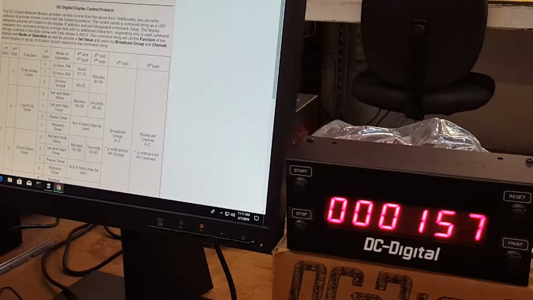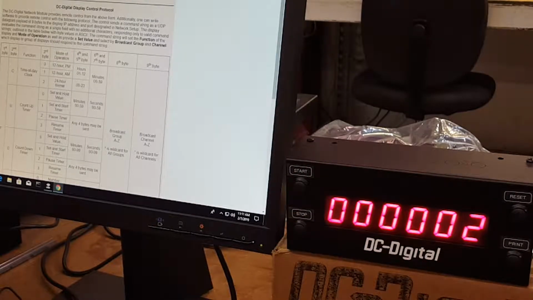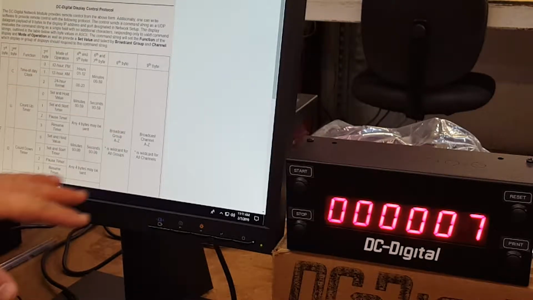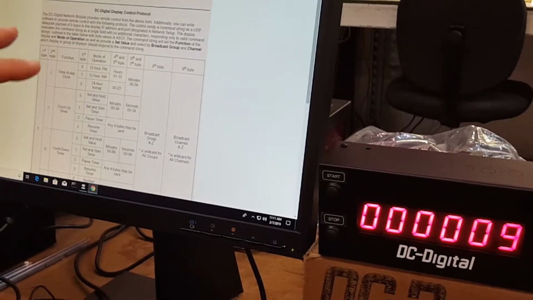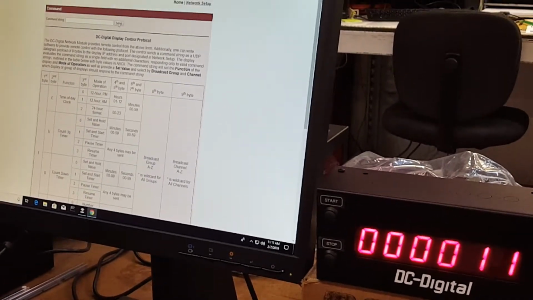So it is similar to this protocol here, which is our standard protocol, which can be found on our website on any of our networking products, and is also here on the home page. Although it works a little differently, you can send command strings directly from this page, and you see I just sent it to reset. Although this protocol is spelled out here, this particular customer has a slightly custom protocol